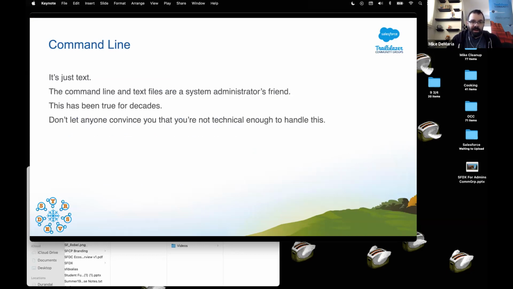The big thing to keep in mind is that command line is just text. That's it. You're just typing some text, and that's all you need to do. And it has been the domain of the system administrator for decades. As system admins, and Salesforce admins or admins, you are a system administrator. This is stuff that sysadmins have been doing for a long time. Don't say you're not technical enough to use the command line. I don't want to ever hear those words come out of anyone's mouth ever. That is bullshit. If you can deal with flows in Salesforce, you can deal with the command